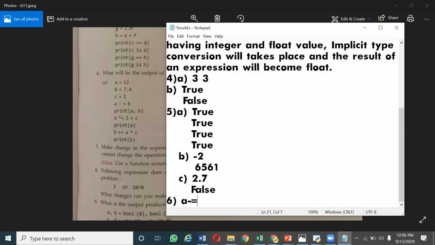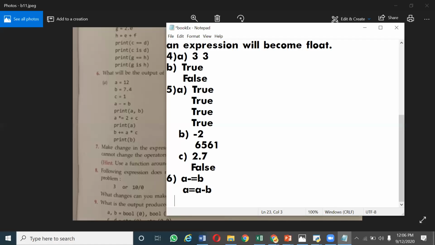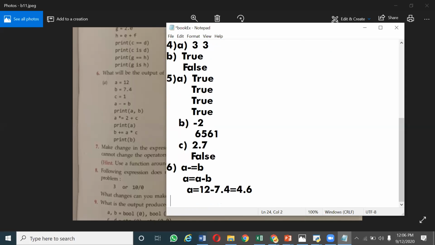A minus is equal to B, which means A equals A minus B. What is the value of A? 12 minus 7.4, which gives the result 4.6. After executing this statement, A will have the value 4.6.